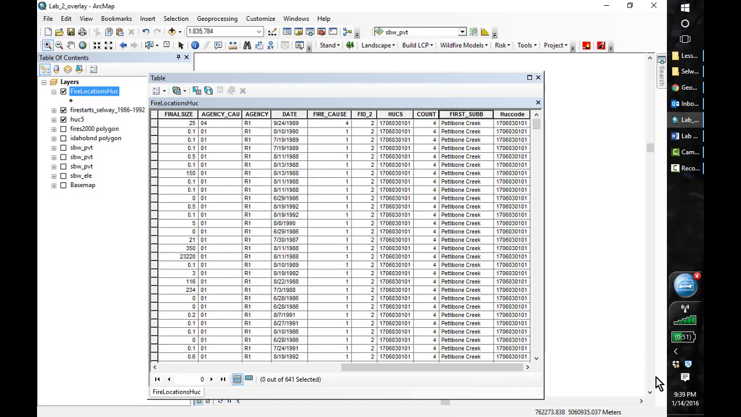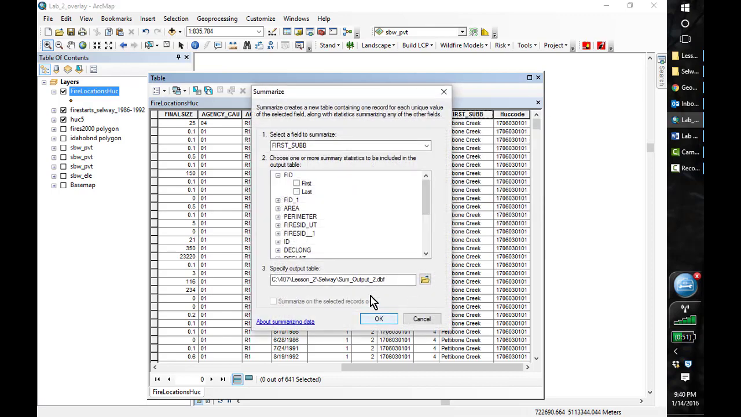So unlike the previous part of this exercise, you won't need to select something like finalize, since we're just looking for the numbers of fires that occurred within each watershed. Since this is the different names of the watershed, I'm going to right click here and click summarize, and just make sure that that's the proper location, which it is, and rename this to something meaningful like